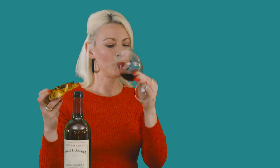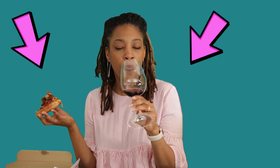Do you know what I like about this? A pizza and a fancy wine. This is how to do it. This is great. The salty pepperoni, the meaty sausage, the earthy mushroom, a little bright from the bell pepper, matches